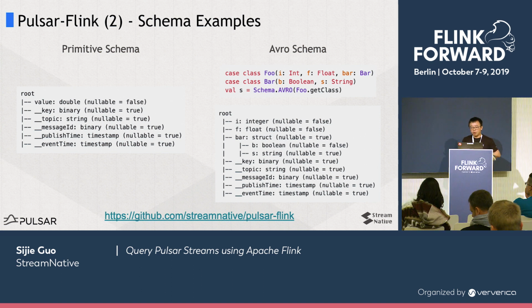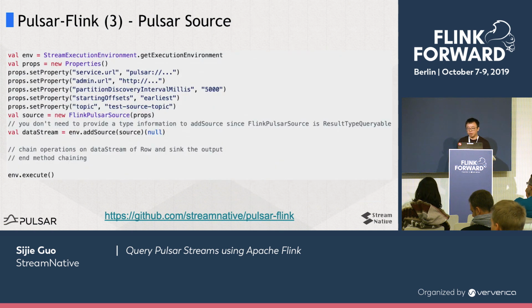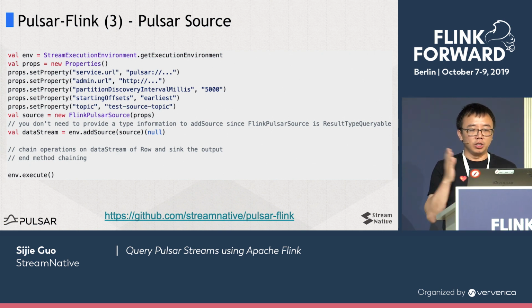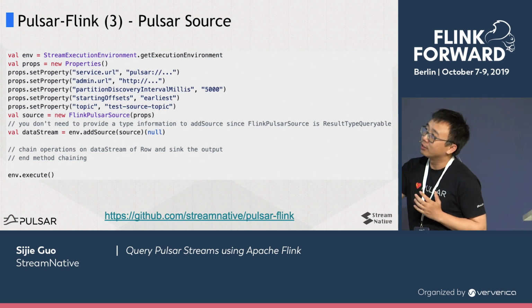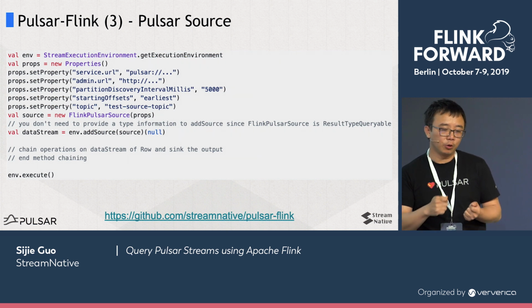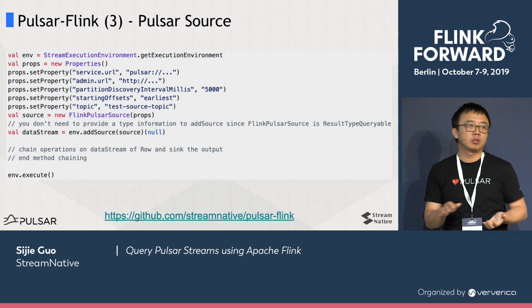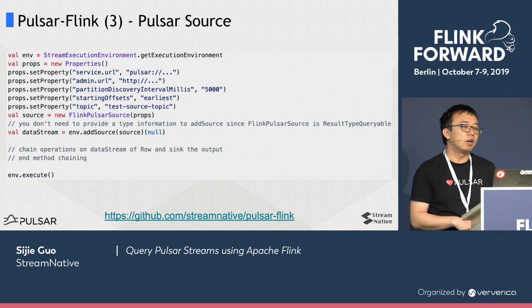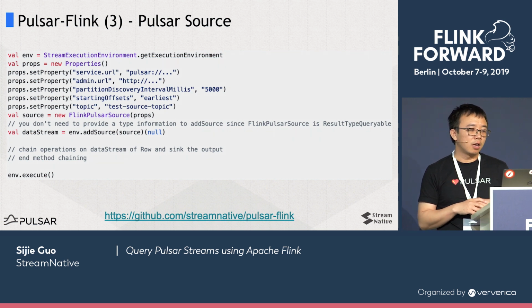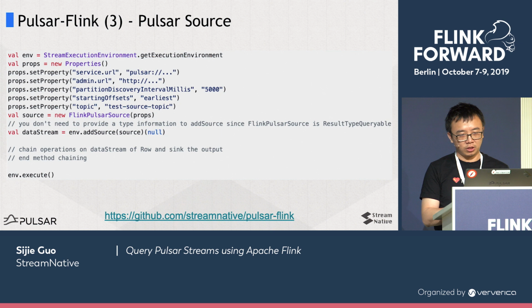Then we map the individual types back into the Flink type system. Once we have this information, we build the source, the sink, and also the catalog based on the schema information. The new source looks like this. You just need to specify the properties, like how you connect to the Pulsar cluster. You don't need to specify any additional schema information, and you don't need to deal with serialization and deserialization.